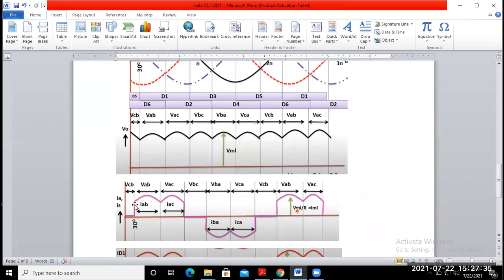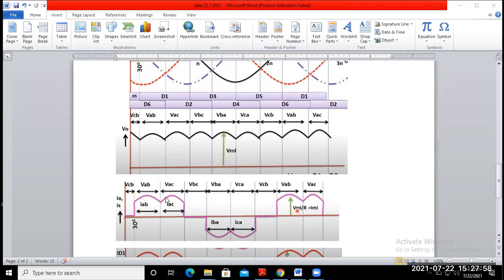So from this point to this point, IAB follows the same path as the output voltage, since it is a pure resistive circuit. This one represents line voltage VAB, and the current path is your IAB.